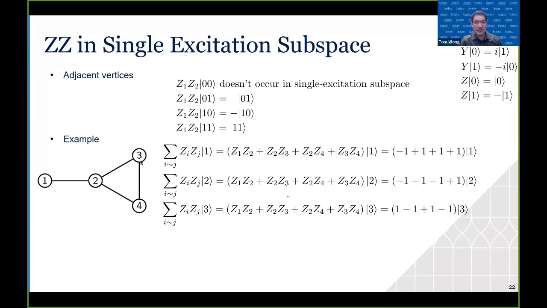When the excitation is at vertex 3, it's not at vertices 1 and 2, so we get a 1. It is at vertex 3, so Z2, Z3 is going to give us a -1. It's not at vertices 2 and 4, so we get a +1. And it is at 3, so we get a -1. So what we get is 1, -1, +1, -1. And finally, if the excitation is at vertex 4, then we get a -1 from these last two terms and a +1 from these first two terms. And so what we see is that